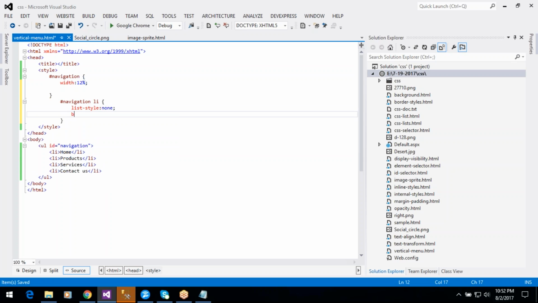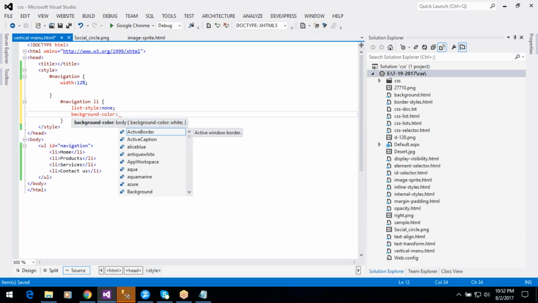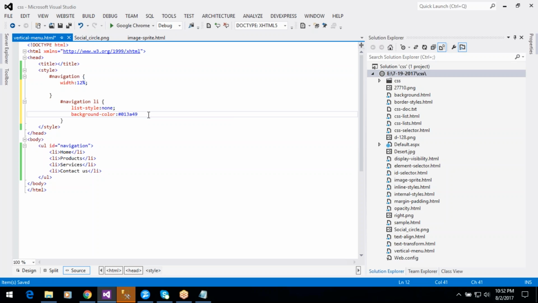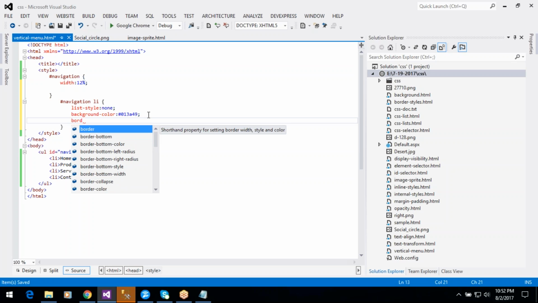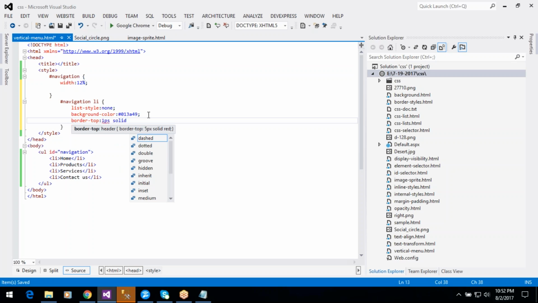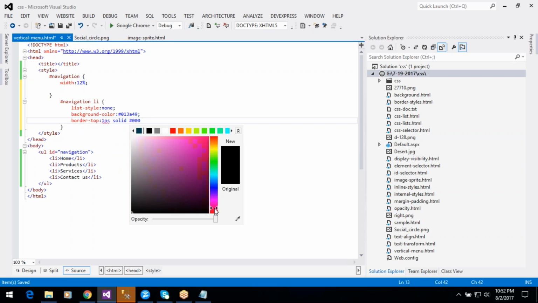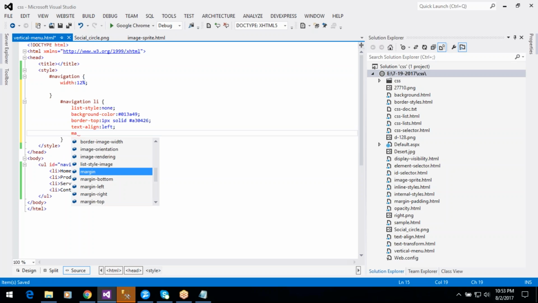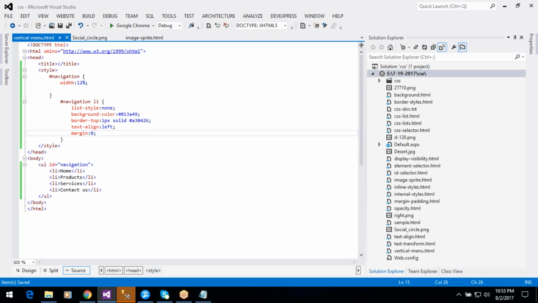list style none, and background color, so use this background color. Next, text color, otherwise border color. Next, border top, 1 pixel and solid, and the border top color is, use this color. Next, text align left, margin 0,